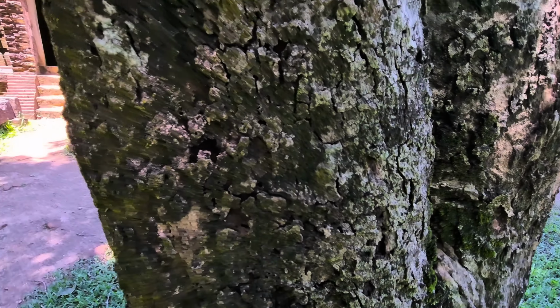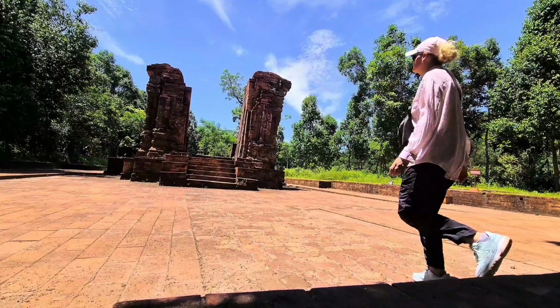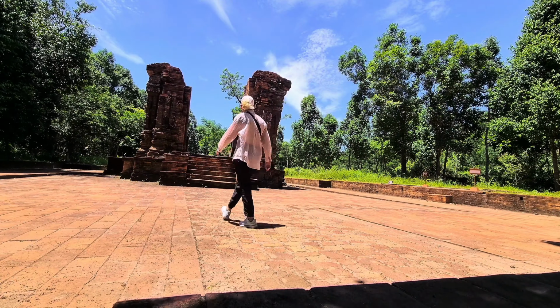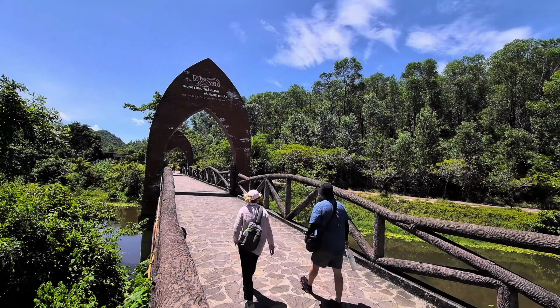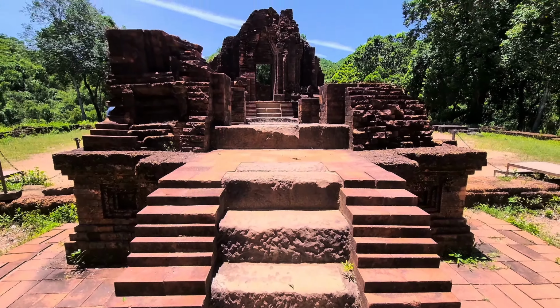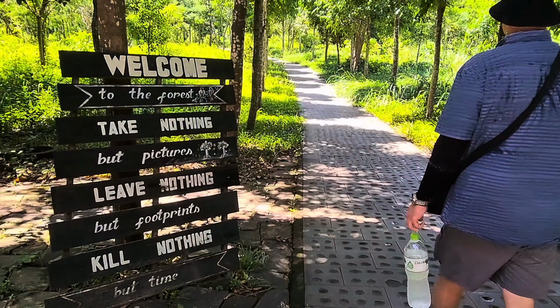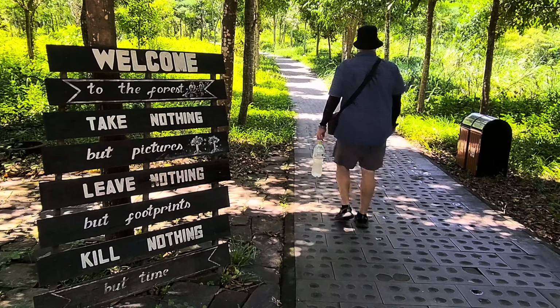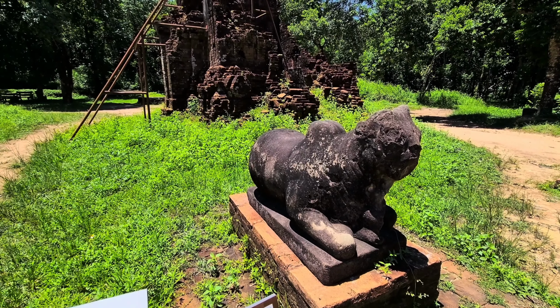But if you really want to get immersed into the Cham civilization and museums really aren't your thing, you can walk around the ancient ruins of the Cham civilization at the Mai Song Sanctuary. Also known as Little Angkor Wat, this UNESCO World Heritage Site is nestled in a lush valley surrounded by mountains. The walkways are nicely maintained, making it an easy venture around. The grounds offer QR codes at each of the ruins so you can learn about the rich history and the